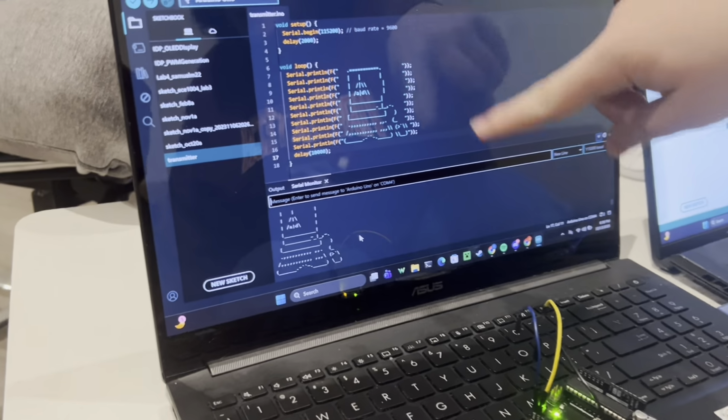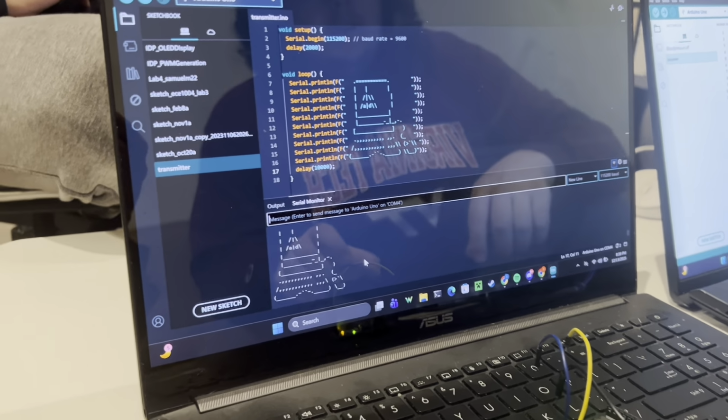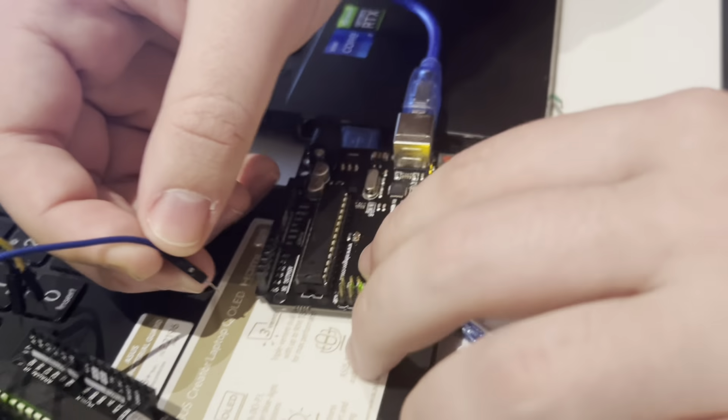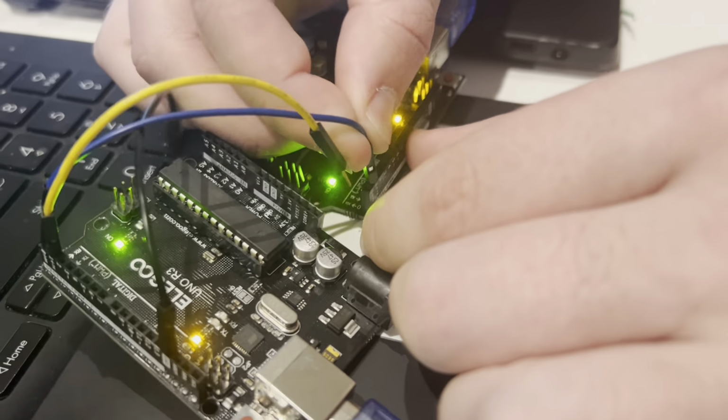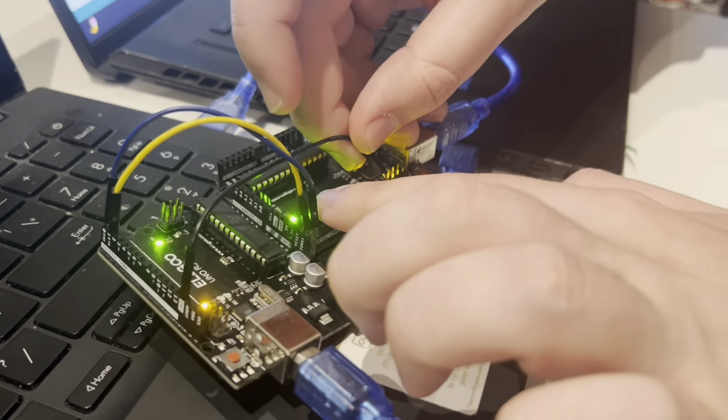Basically, we're sending this every 10 seconds. This is the transmitter, and then this is the receiver, so it's going to receive data. So we're going to connect these pins. First we're going to connect the transmit from my computer to Rx, and then we're connecting this one to TX, and then we connect grounds, and then